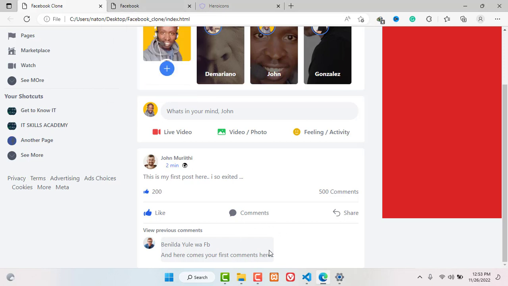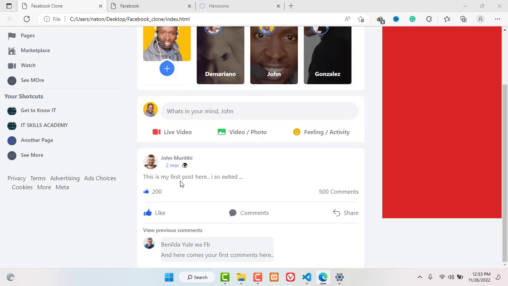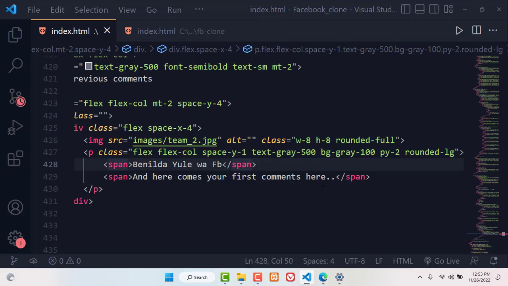So we have that looking so fine. We still also need to add a few classes now to the text. You can see the text appears too close to the edge. We need to have a space there. So I'm just going to go to the P again, to the paragraph tag here, and other than also having the PY, I'm also going to have PX of 2,